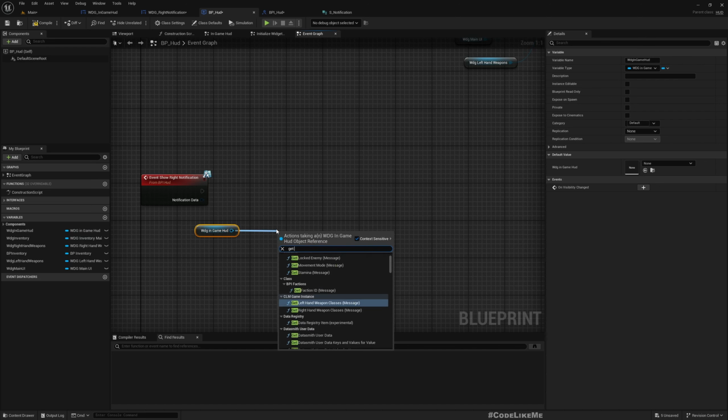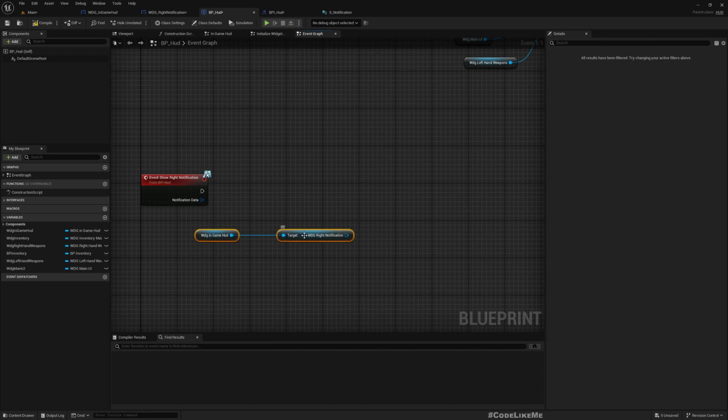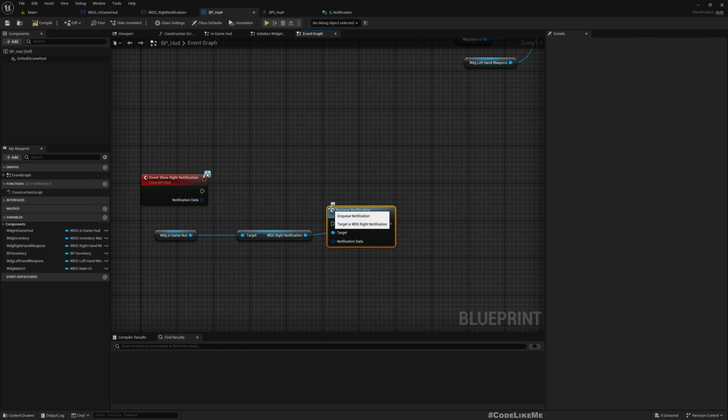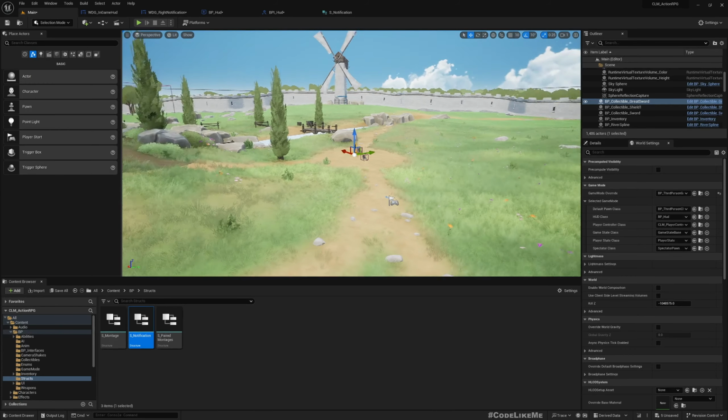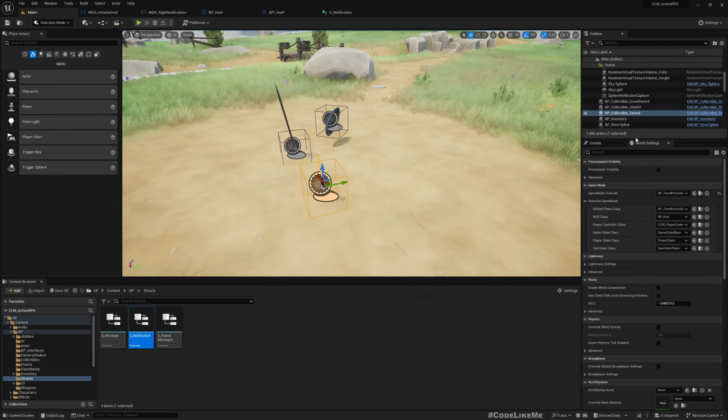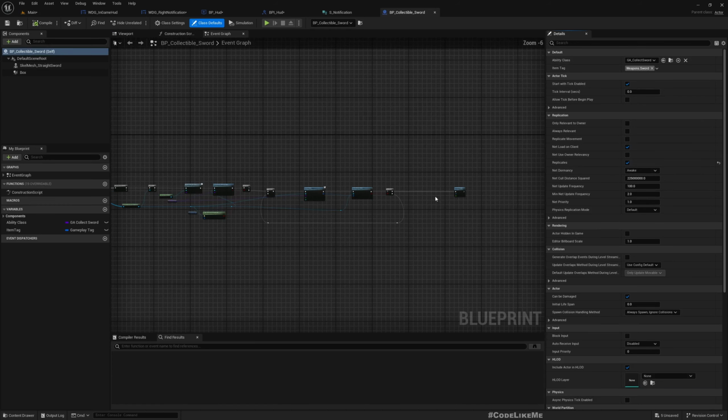Then we can get write notifications, and from that we can call NQ notification and directly pass this notification data. Okay, now we have an interface event that we can call. In this example, I want to call it when I collect a sword. So let's go here,